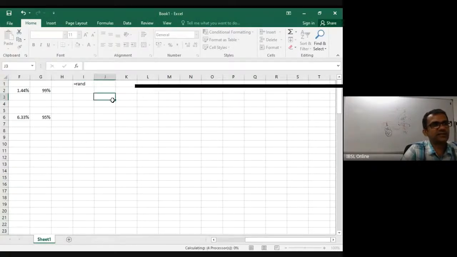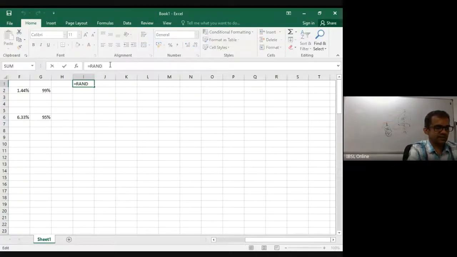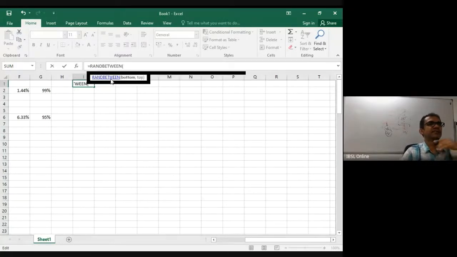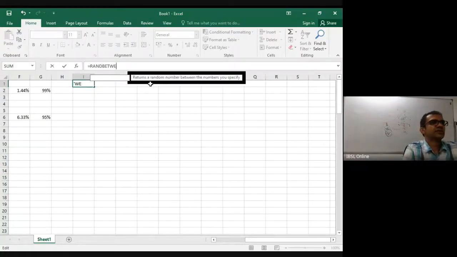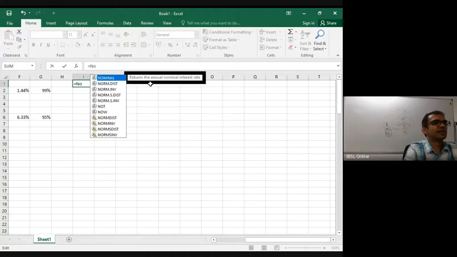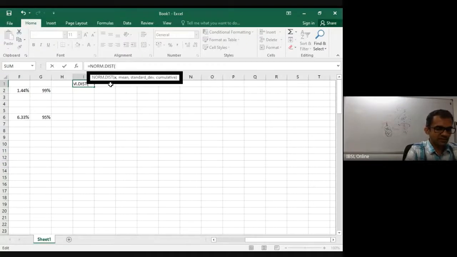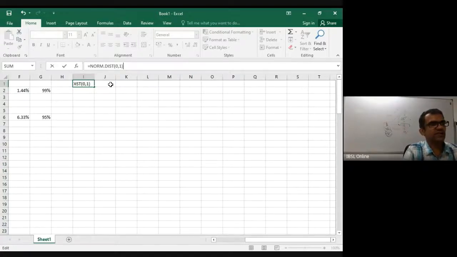But in RANDBETWEEN, you can give a range, say bottom and top. Within that range, you can generate random numbers. There are different ways. Even if you want to create a normal distribution, you can do that as well. What you have to do is give a mean and standard deviation. If I want to create a random number with mean 0 and standard deviation 1, it will give you